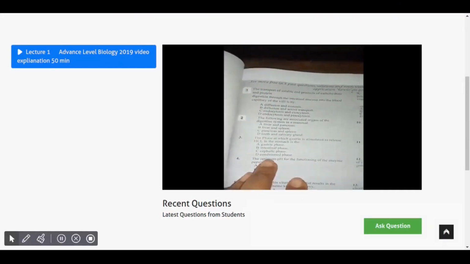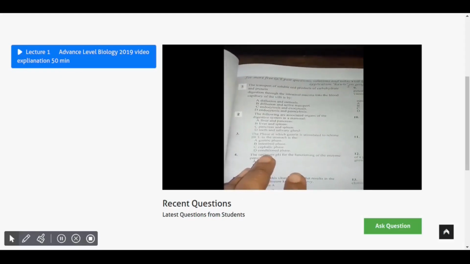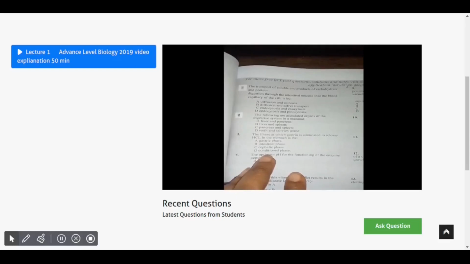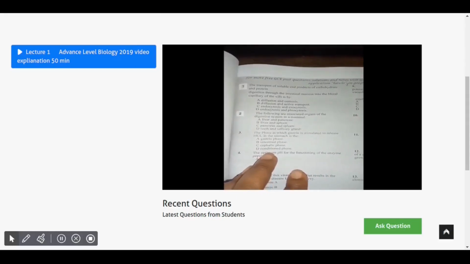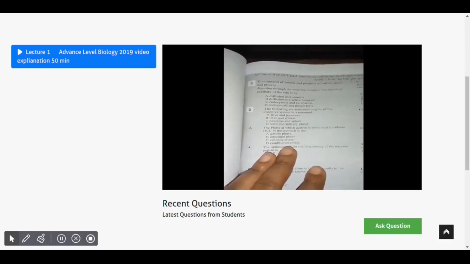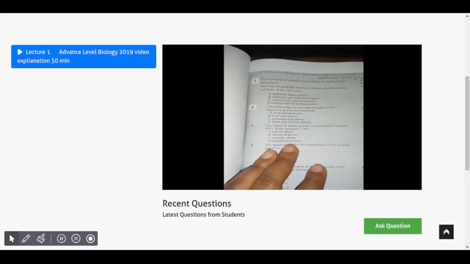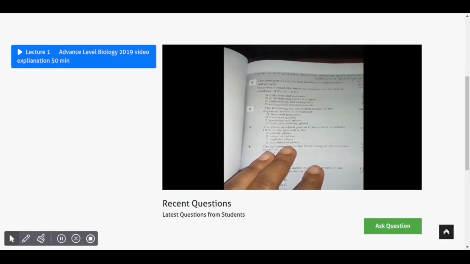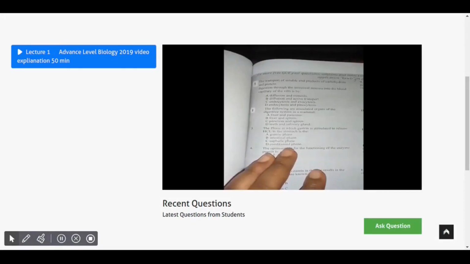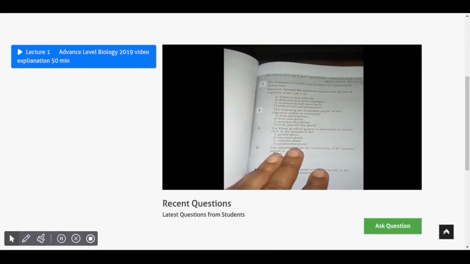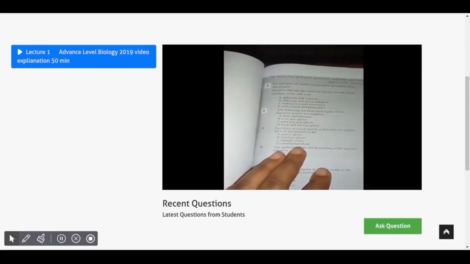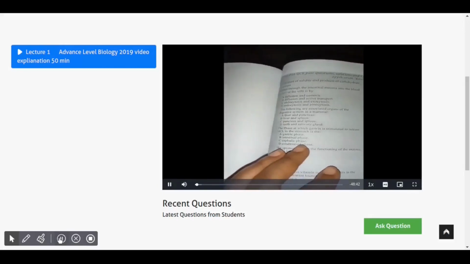Transport of soluble end products of carbohydrate and protein digestion through the intestinal mucosa into the blood capillary of the villi is by A. Diffusional osmosis, B. Diffusional active transport, C. Endocytosis and exocytosis, D. Endocytosis and pinocytosis. The correct answer here is